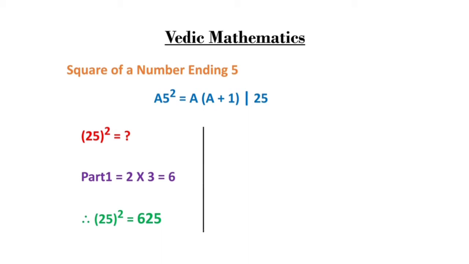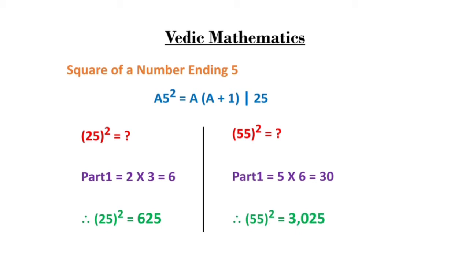We will see one more example. Finding the square of 55. The number left after removing 5 in the unit place is 5, and the multiplication of 5 with its ekadhika 6 is 30, and hence the square of 55 is 3025. Okay, let us verify our answers through the Vedic check for this.